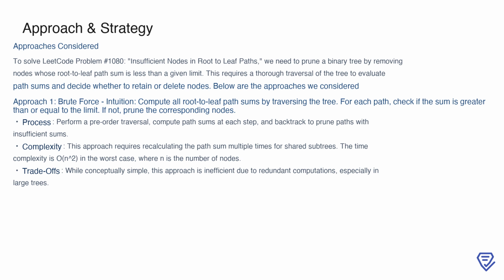If the sum is less than the given limit, the nodes in that path must be removed. The brute force approach is one way to tackle this. It involves computing all root to leaf path sums during a pre-order traversal. At each step, we calculate the cumulative path sum and, if it doesn't meet the limit, we backtrack to prune